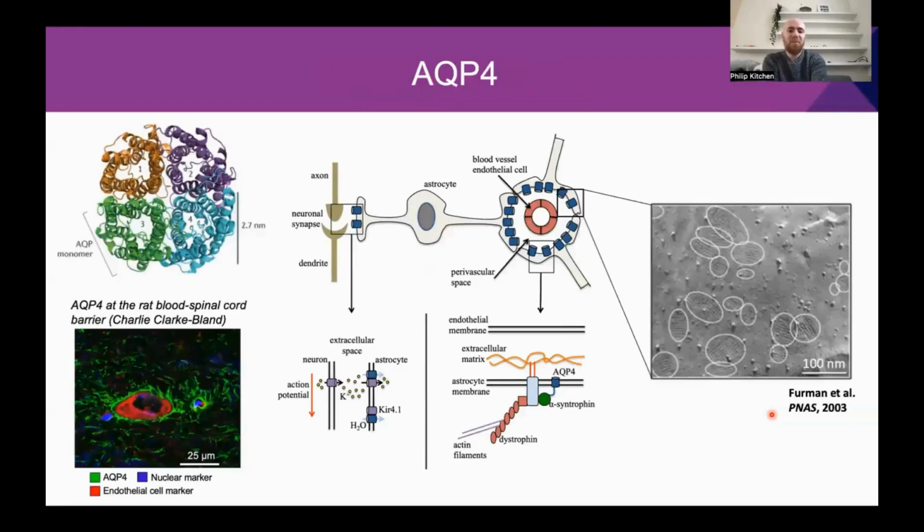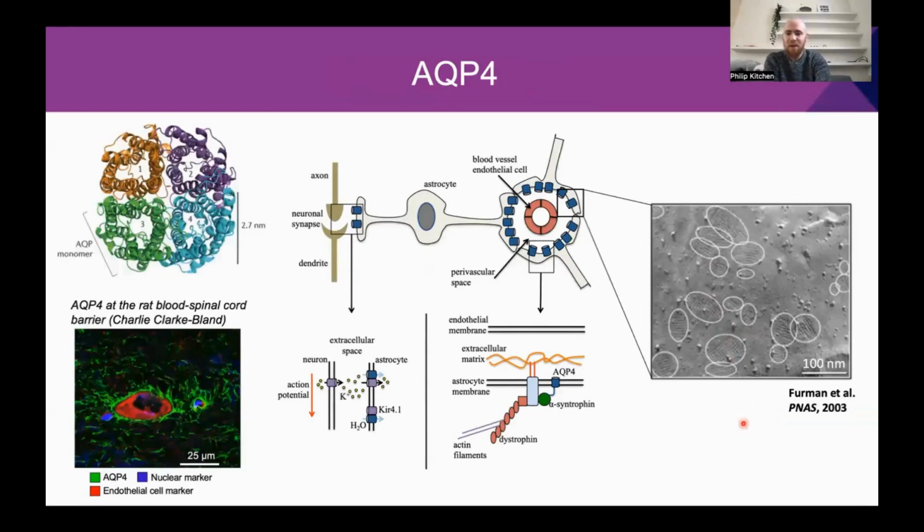Okay, so this is a second example now. This is the protein that my fellowship is based around. It's aquaporin 4. It's a water channel protein, and it's expressed very highly in the brain, and specifically in astrocytes. I won't go too much into the biology here, but what's really important on this slide is that if you